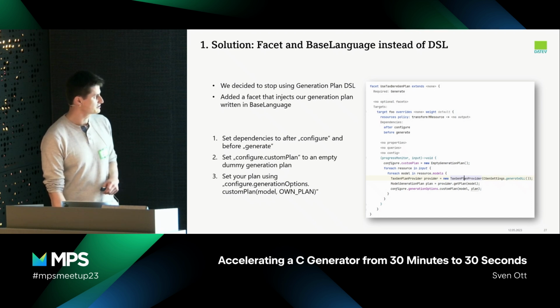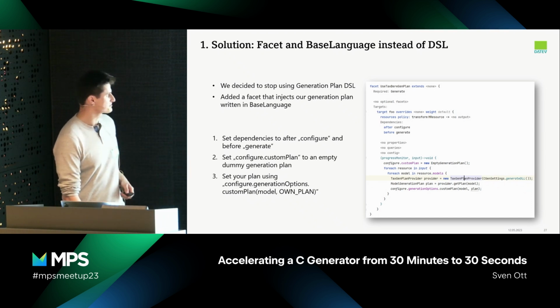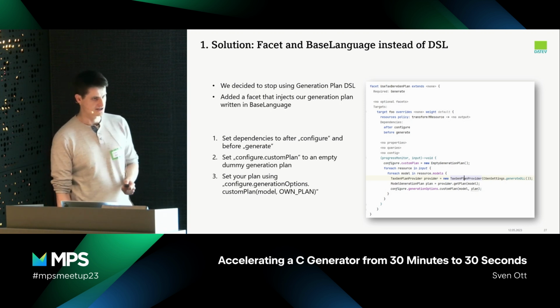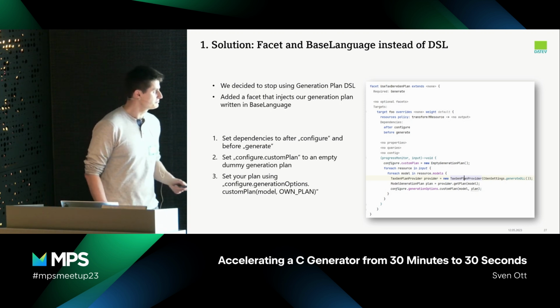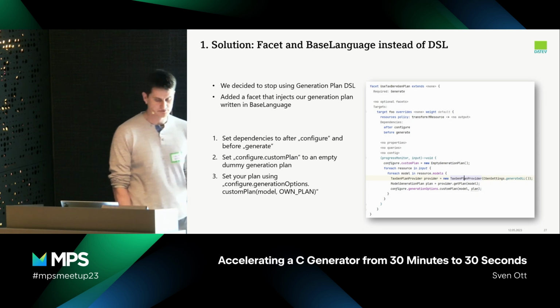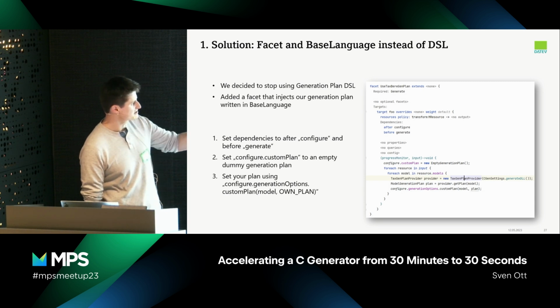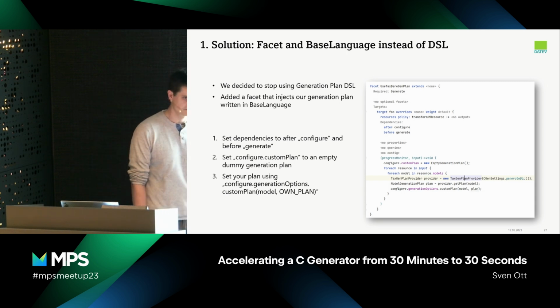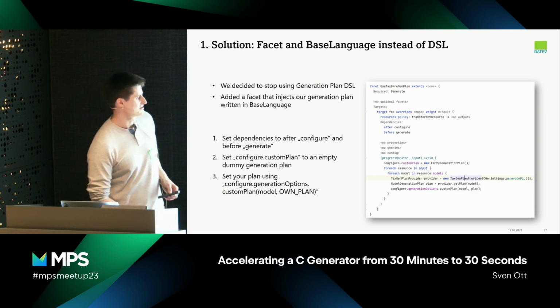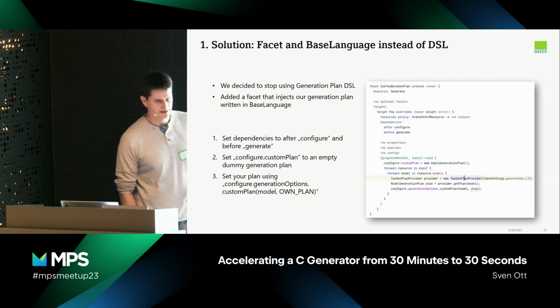So what we thought is, okay, let's not use the generation plan DSL. We will just write our generation plan in BaseLanguage. And this is possible. What you have to do for that is add a facet to your generation plan once, after the configure step and before the generate step. And then you have to assign to this custom plan in the generator, basically an empty generator, because